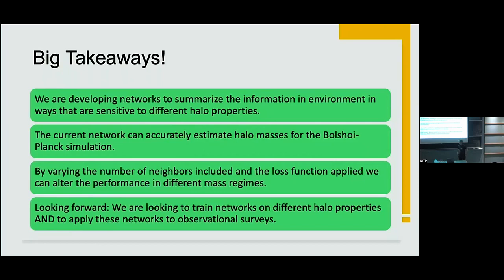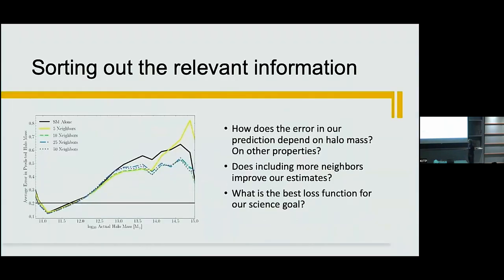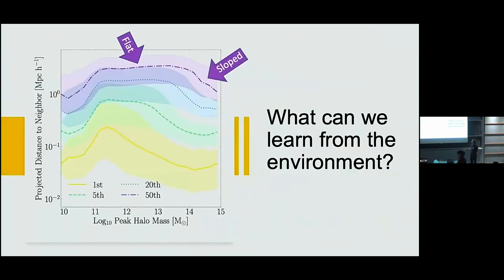Why did you pick 50 as the number to explore? And then can you give me an idea of what distance that is if I'm in a rich cluster or something like that? Yeah, so 50, because for the most part, this relationship is getting flatter and flatter as we go out to higher numbers, but there isn't necessarily a perfect cutoff that we know. So 50 is the number that I chose.